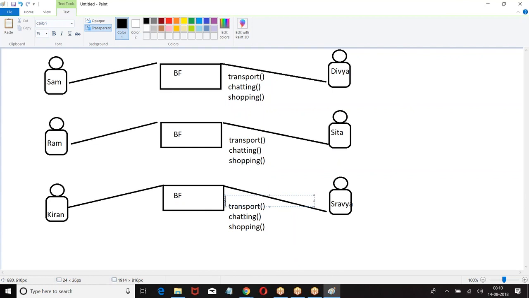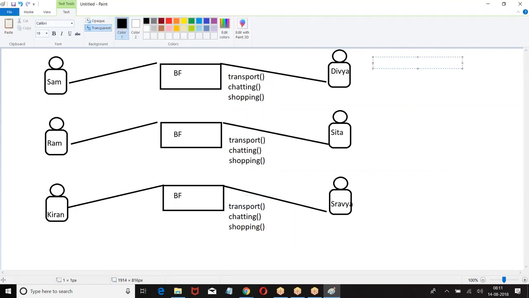Are you clear? Is there any restriction that you have to provide only these three? These three are mandatory. Apart from these three, if you want to give any extra service, no problem, you can give. But these three are mandatory services. Are you getting my point? Now, let us get the same concept technically.